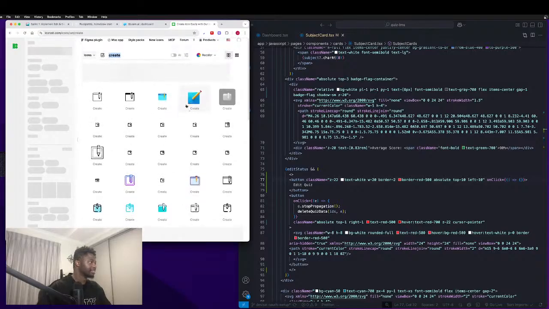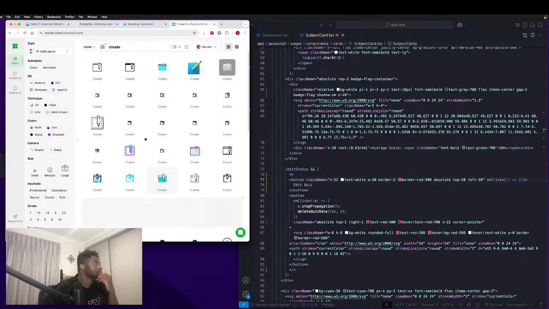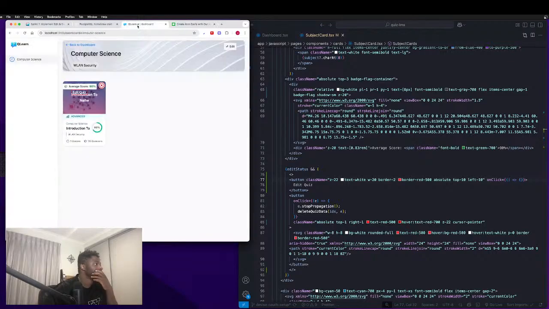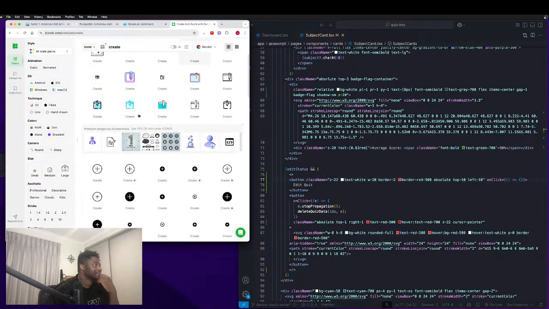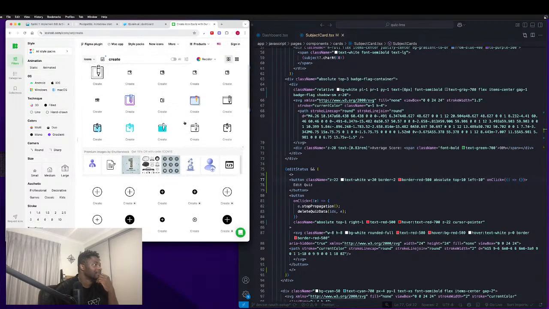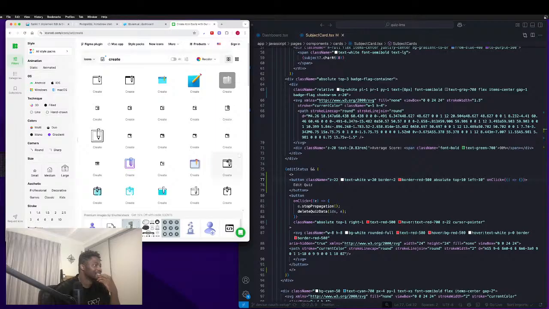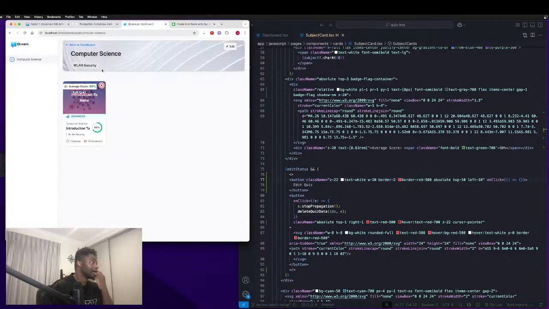Something like this. No, not add. Edit. Something that can be easily seen on the card, that will visibly stand out,